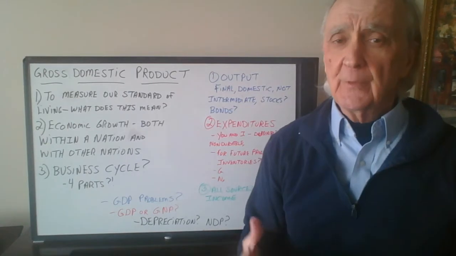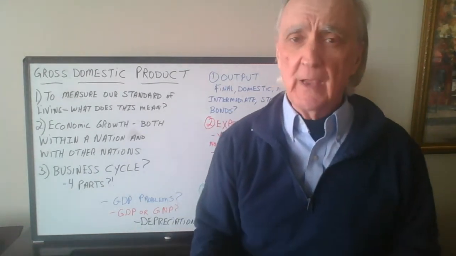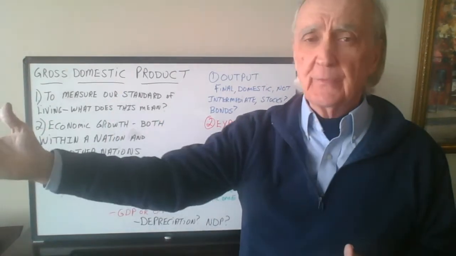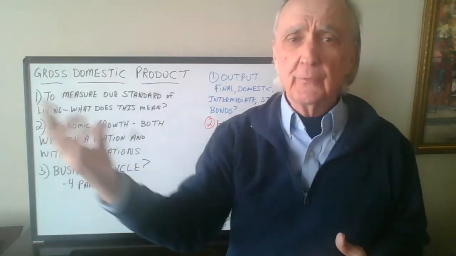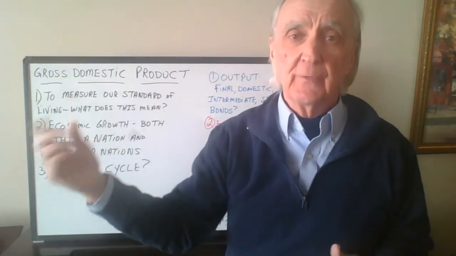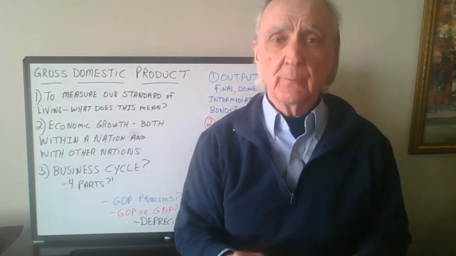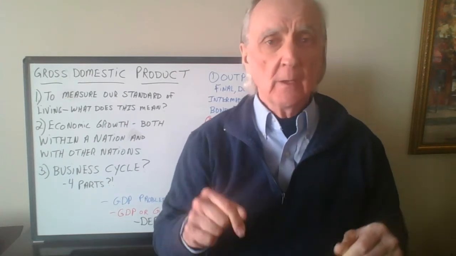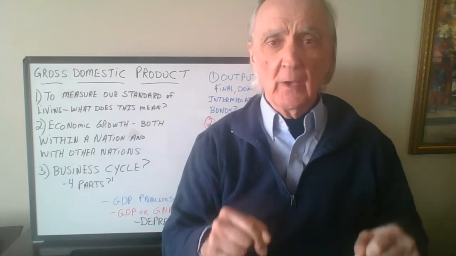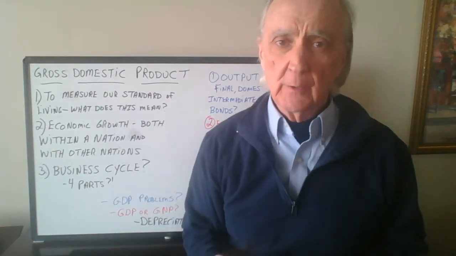So the difference, again, between gross domestic product and gross national product is that gross national product counts domestic companies, whether they have plants overseas or not, all their sales, but it doesn't count any foreign companies that are located here and doing business here, okay? Whereas gross domestic product is just looking at what is being made in the country, whether it's a domestic corporation or a foreign corporation, okay?